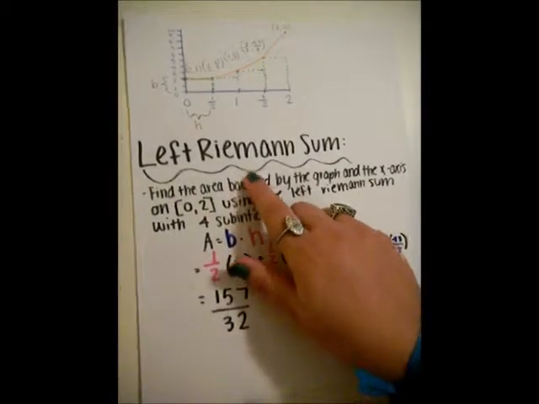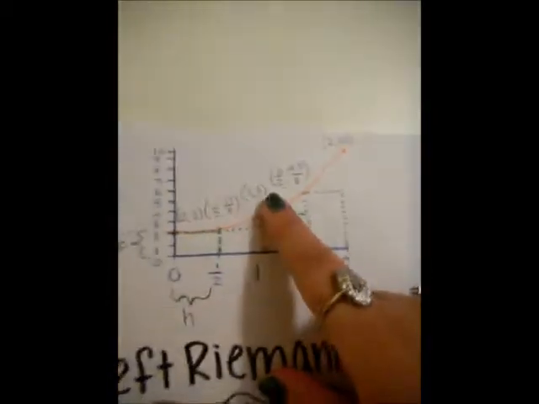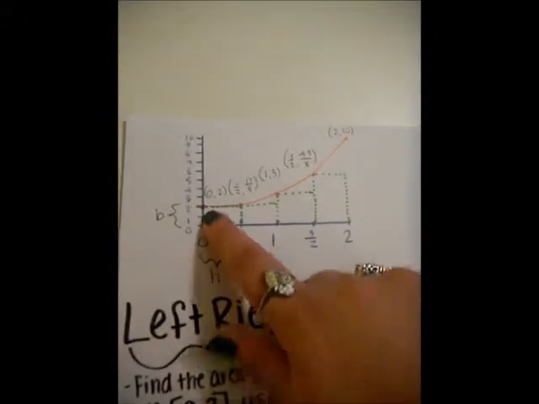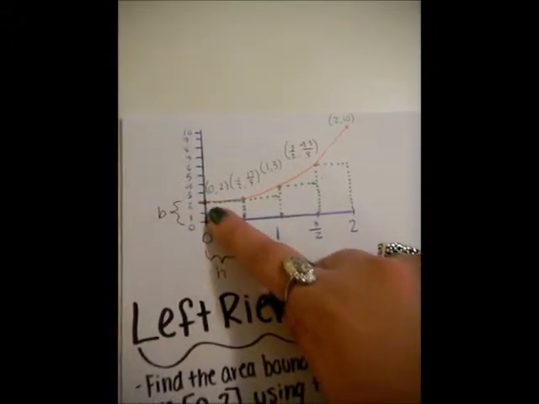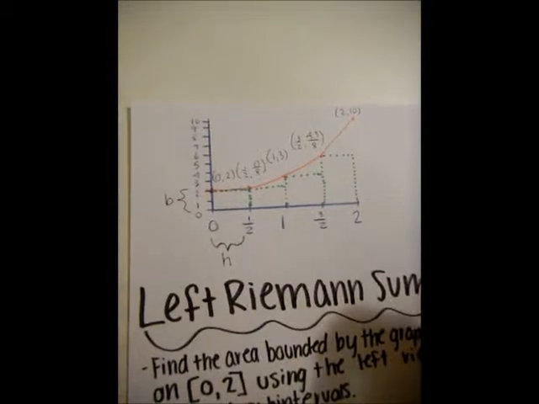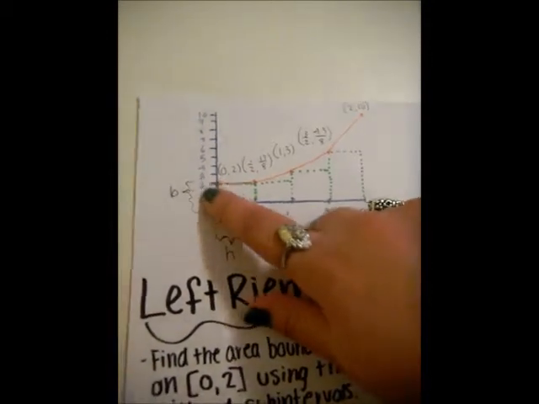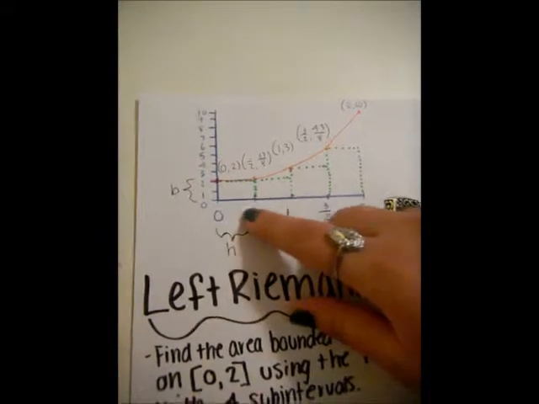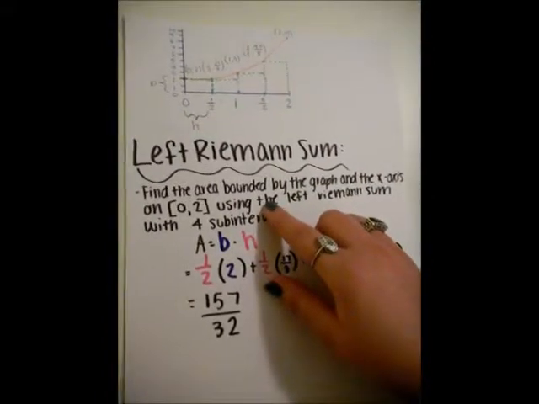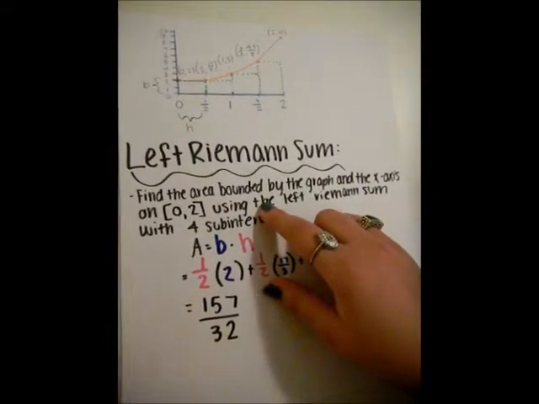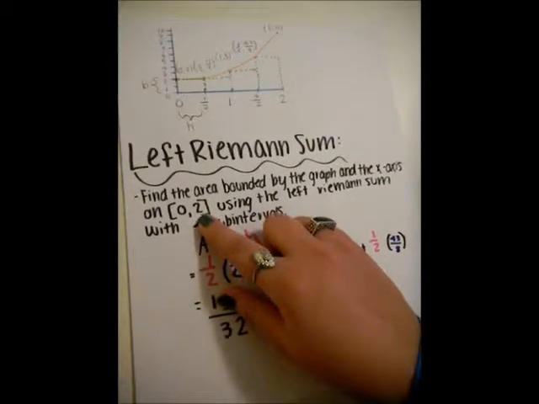For the left Riemann sum, the graph is right here and the points are given to you. If you see the left corner is given in the rectangle, that's the point where you're supposed to start doing the rectangles. And this is the base and this is the height. And to find the area bounded by the graph and the x-axis on the closed interval from 0 to 2